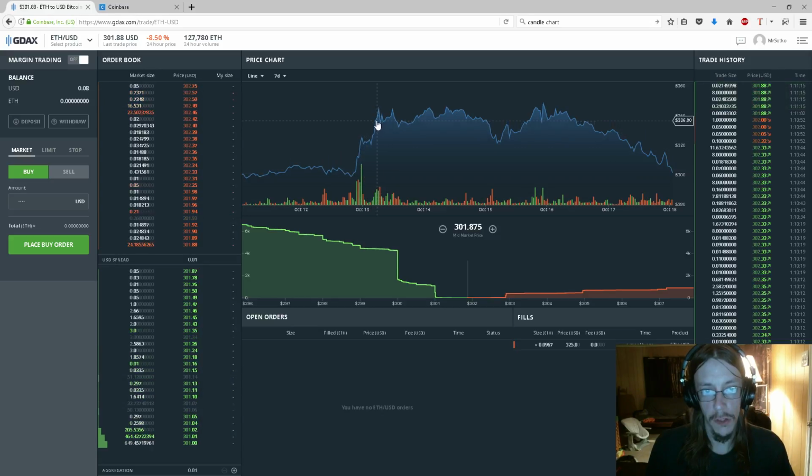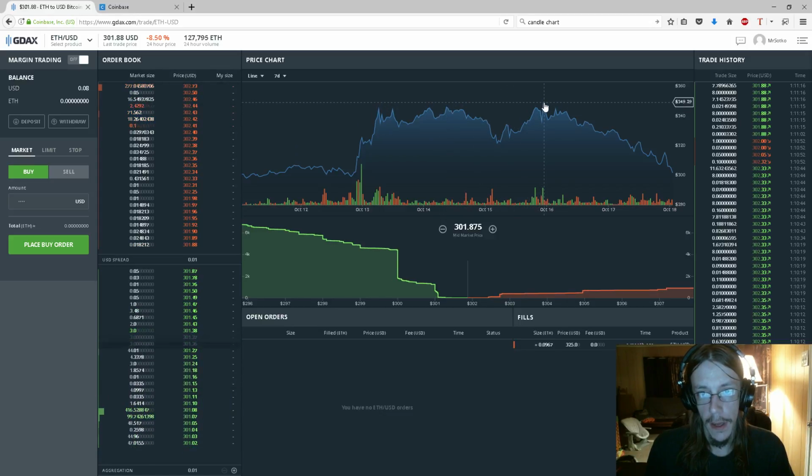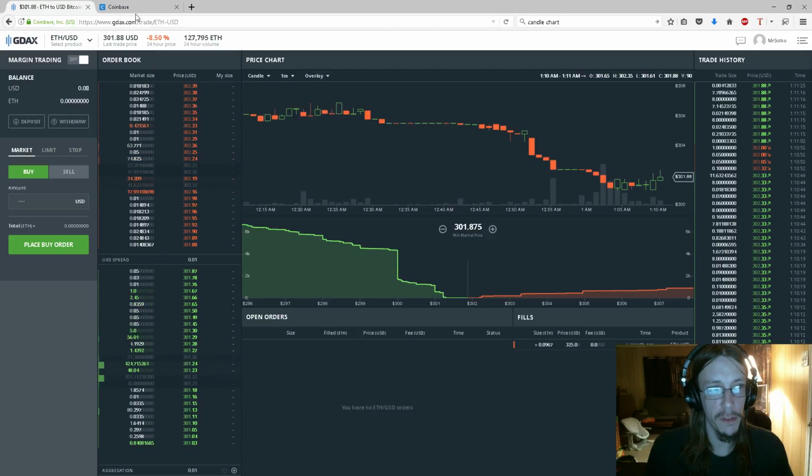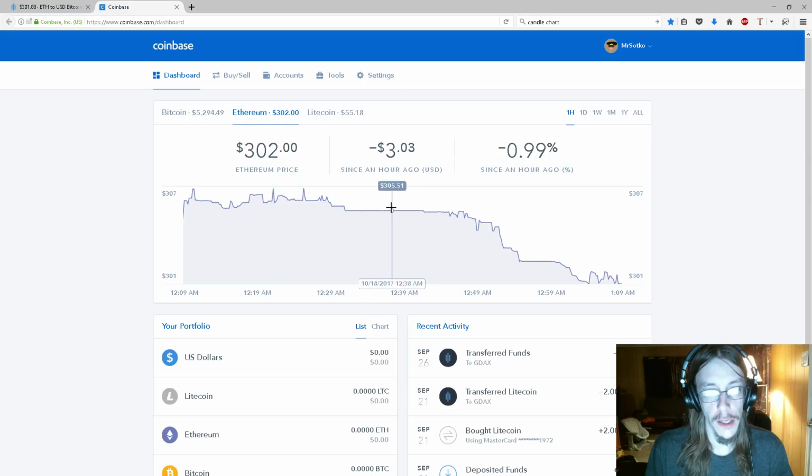Now, GDAX does too, but I don't like theirs as much because, as you can see, you have this pointer where you can point where you want it, and it doesn't really give you a completely accurate read, like, is that on the top or is it not? I have my mouse in the way, I can't even tell. So I don't like GDAX's line graph, so instead I like to go to Coinbase and read their line graph